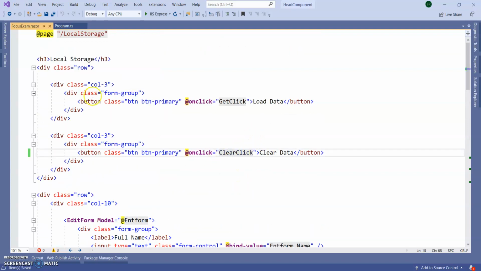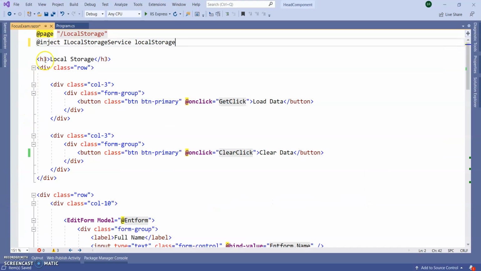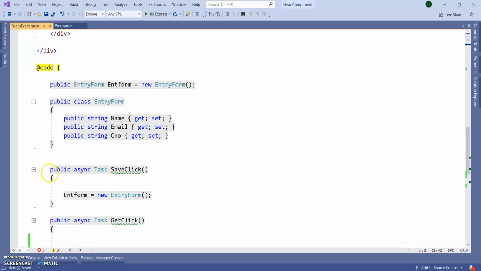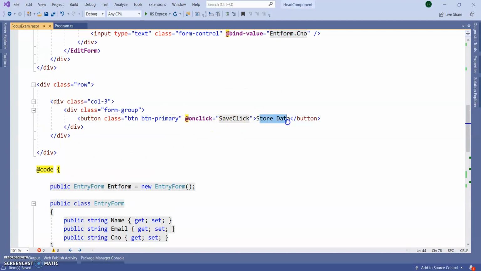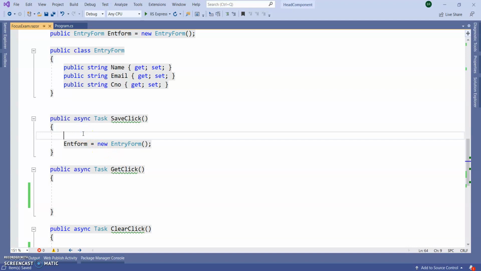In this Razor component we have to inject the service, that is inject ILocalStorageService, and the object name I gave is localStorage. At the time of submit, let's say it's a save click, where I store the data. Here I'm calling the save click method. Inside it, how can I store?